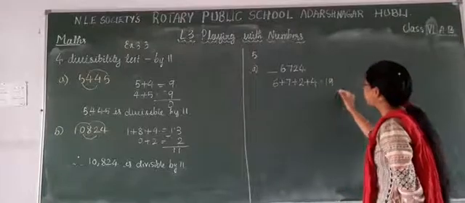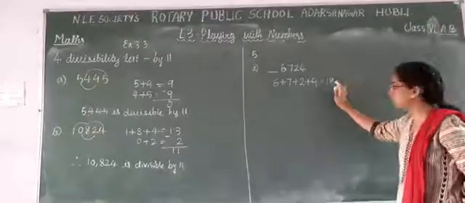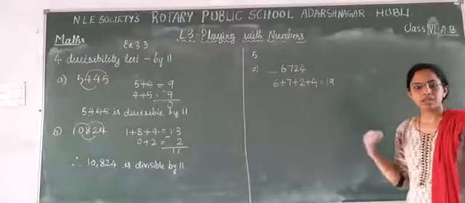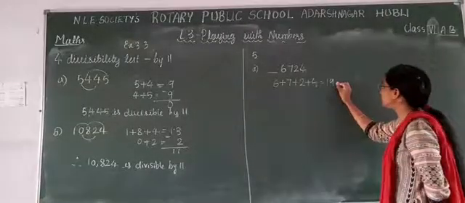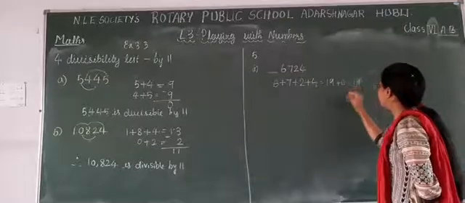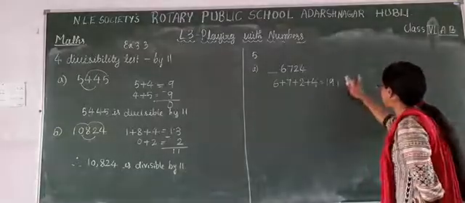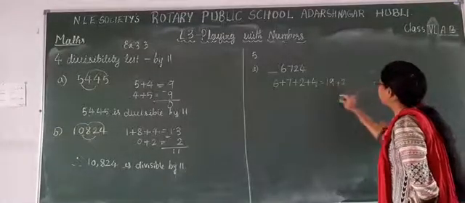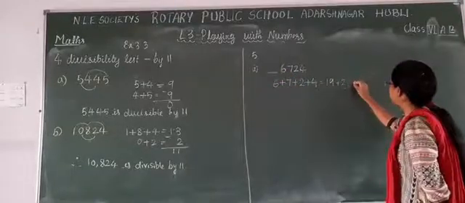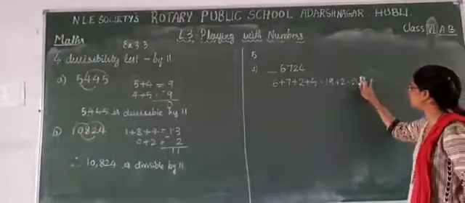If I write any digit so that this sum is divisible by 3, then that number will be divisible by 3. The smallest digit: if I add 0, it is 19, which is not divisible by 3. If I add 1, it is 20. 20 is also not divisible by 3. If I add 2, 19 plus 2, if I write 2 here, then the sum of the digits will be 21, which is divisible by 3.